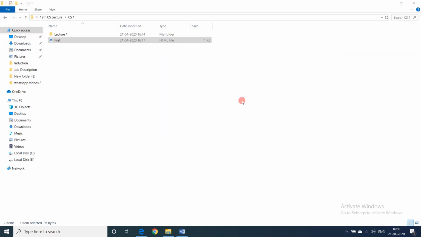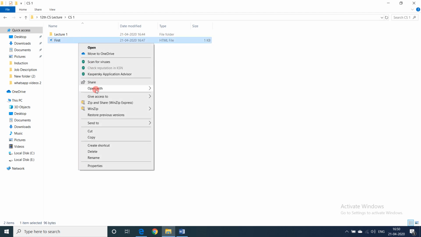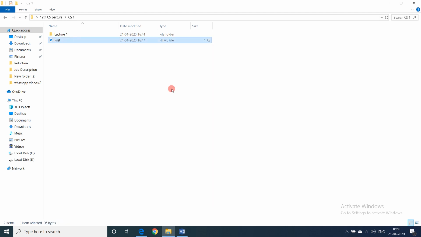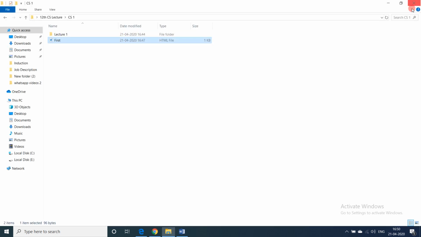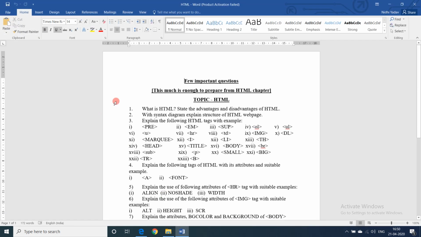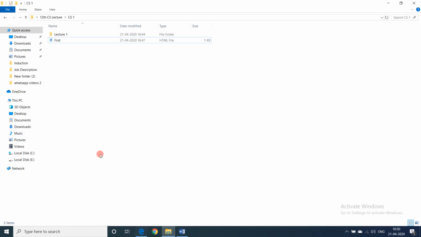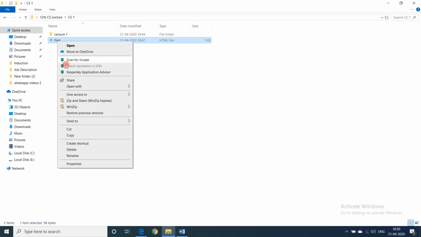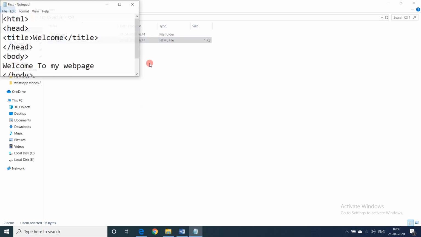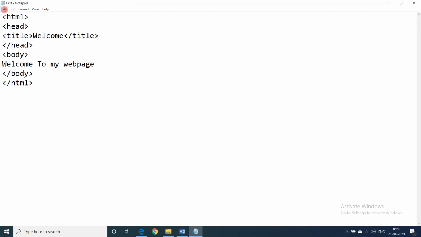So I will open it with any of the web browsers. I want to open it with Chrome, and here it is. Okay, so you have to learn the sequence by heart. If I want to open it with Notepad, again I will right click on this and open with Notepad. So as you can see,